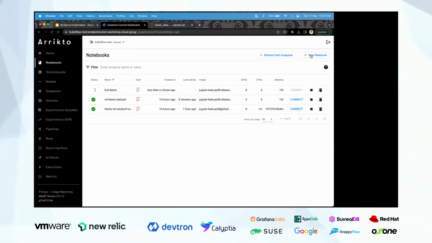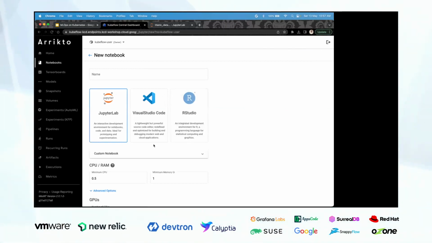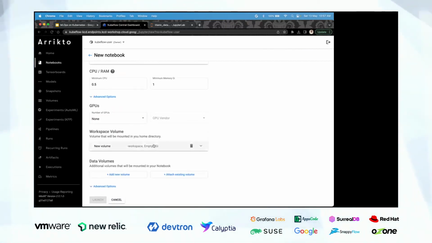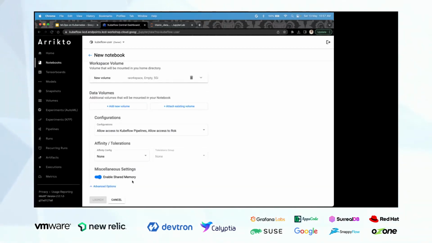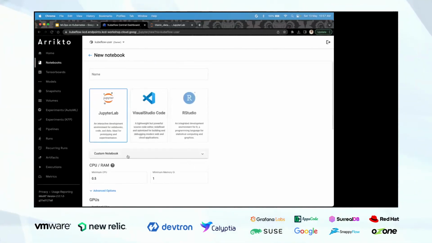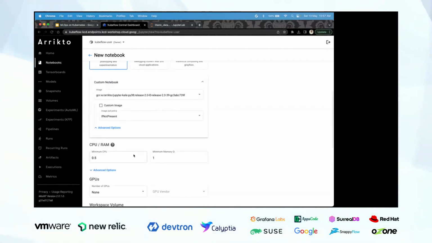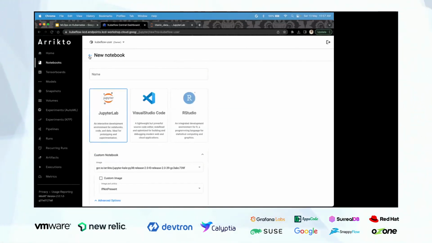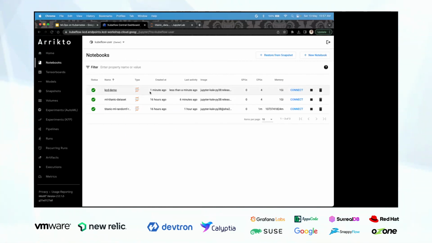Till the point the new notebook launches, if anyone has any questions, they can ask. Also, with respect to any customizations on these notebooks, we can add data volumes, or even configure pipelines or already existing snapshots or Kubeflow pipelines. Also, if you have any custom container which you want to provide, you can also provide it from here. As in, you have already developed some containers or predefined packages which you want to use.